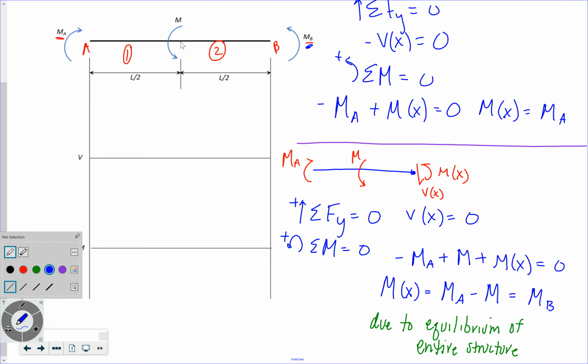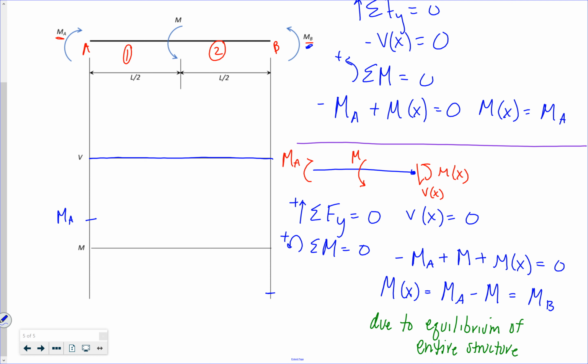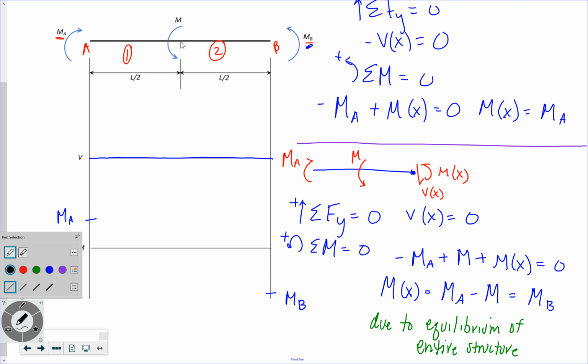So my shear function, I have no shear. Not worrying about shear right now. I have my moment at A, my moment at B, and then